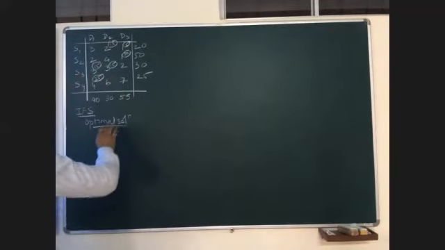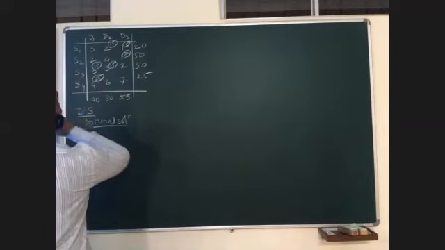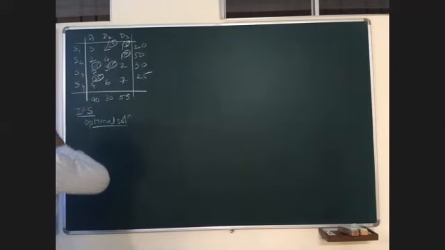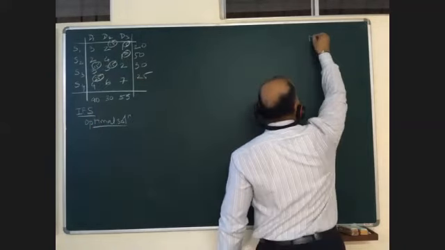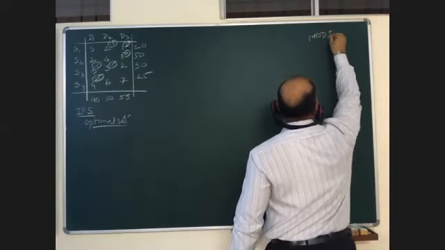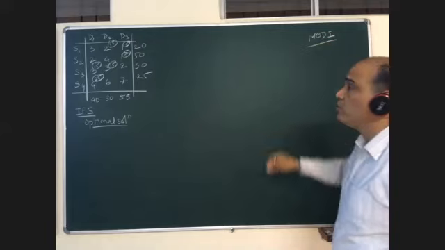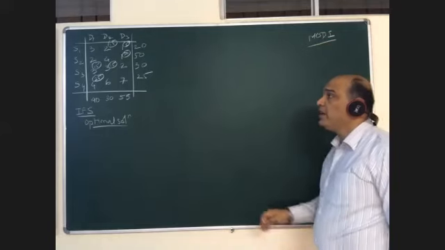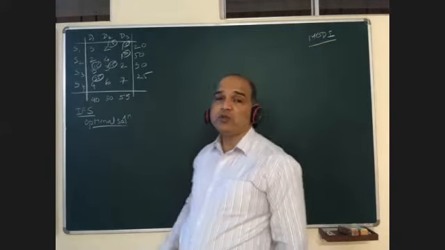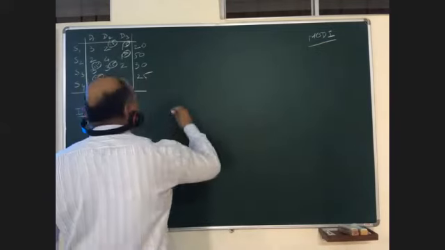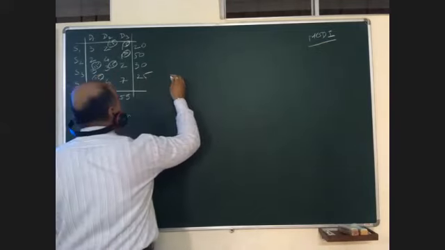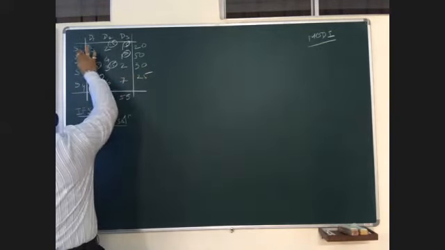You all are ready? Shall we start? Fine. Modi method. Modi method is the modified distribution method, where we try and modify the given distribution to get the optimal solution. Modi method is also called the UV method.